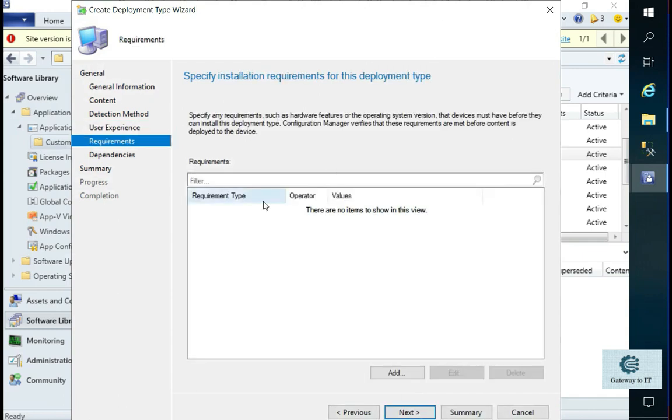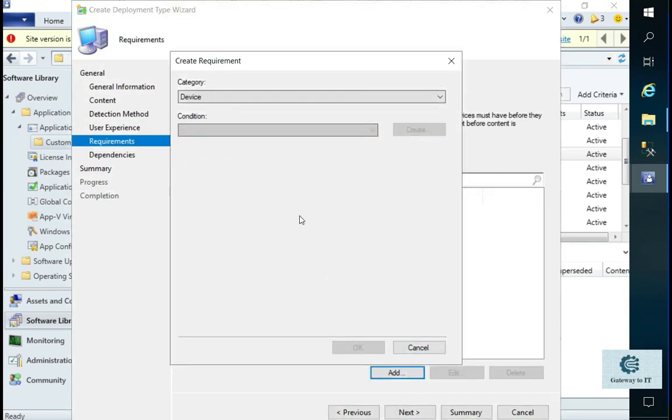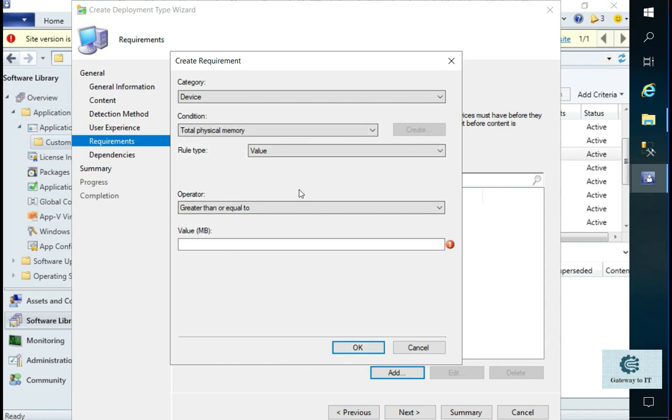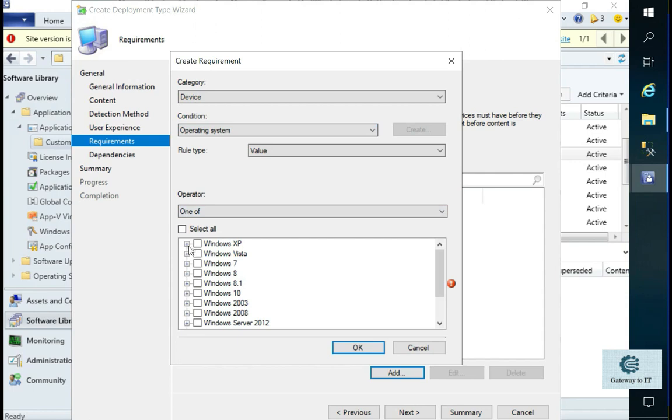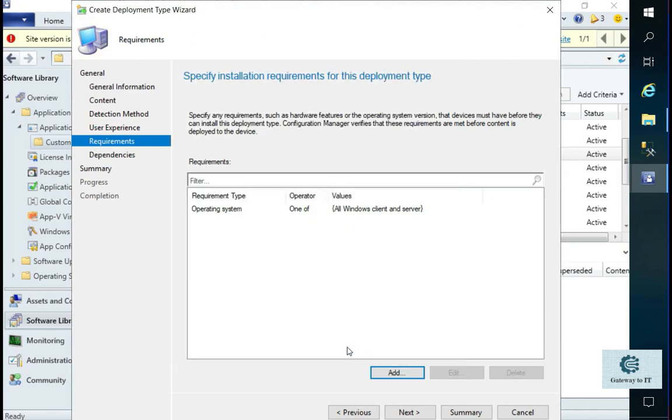Click on next. For requirements, because I want it to be available on all the operating systems, I'll select the operating system, and because it's a VB script, it is already backward compatible. So I'm going to select all the operating systems, but you can run a test in your environment for whatever operating system you want it to be deployed on, and then make the selection appropriately. So make sure that you do the testing as I said in the disclaimer. So click on OK. Once we click on OK, we need to click on next,